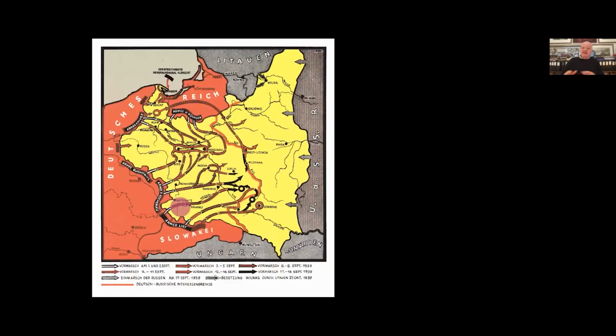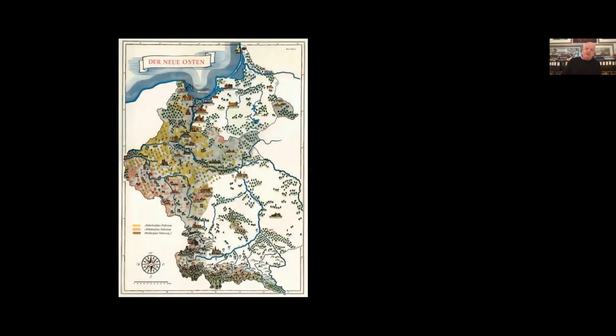And so again, we have here a map of the invasion of Poland in 1939, a German illustration from a contemporary history book published in 1940, where the big round reddish dot near Katowice and Krakow in the bottom centers on the location of Oswiecim, at the time, as you see, very close to the then border between Germany and Poland.